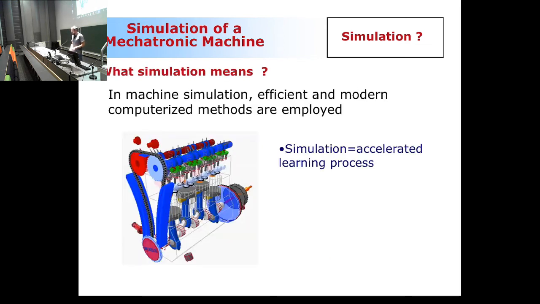Now, what is a simulation? What does it mean? Well, in a nutshell, it means an accelerated learning process. It helps us to learn faster. And if we can learn faster, we can make improvements from different perspectives. So that's in a nutshell what the simulation is about. It doesn't mean that you can just let the computer do the work and you don't do the thinking. It's quite the opposite. The computer will help you to learn faster. And that's exactly what the simulation is. So we're looking at accelerated learning ways.